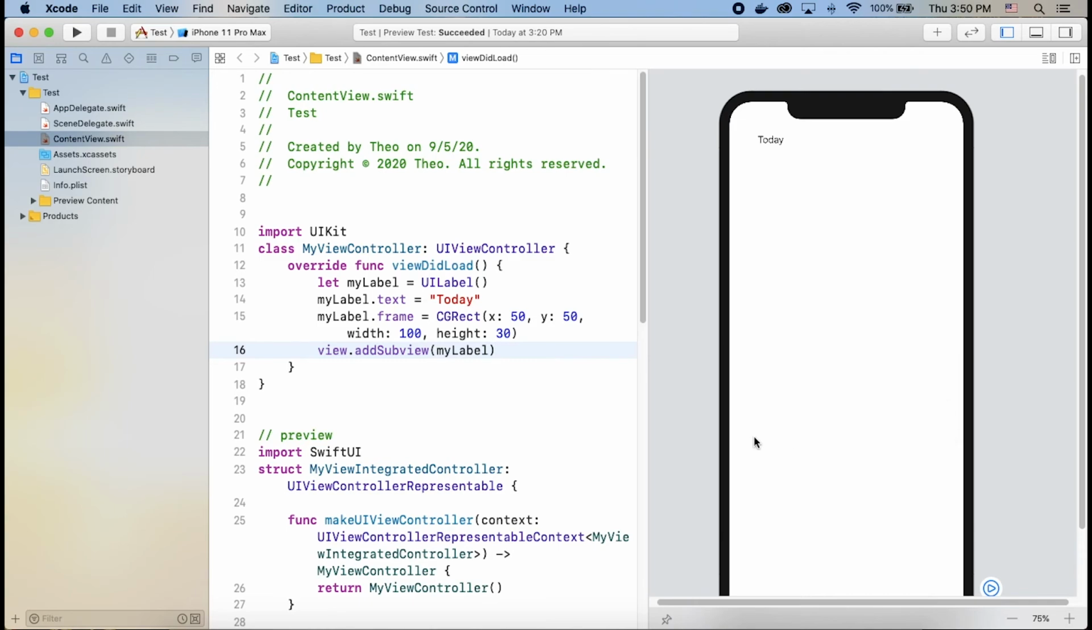So you can play with CGRect x and y values. Let's say x equals 100 instead of 50. And in the preview, we're going to move this label to the right side. And if we increase the y value to 200, let's say, then it's going to move down like this. And if you want different text, let's say "yesterday,"